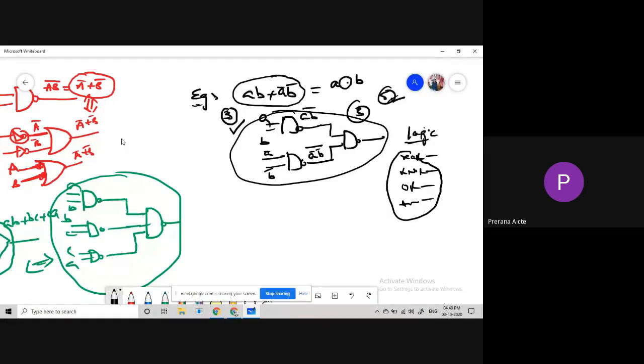If I am realizing the XOR gate, how many NAND gates are required? 5. Similarly for NOR: for XNOR, NOR gates are 4. For XOR, NAND gates are 4. And for XOR, NOR gates are 5. Is it okay? Yes, sir. Whenever the question is about a logic gate, we say 5 or 4. Otherwise, we implement the diagram based on the Boolean function only. Okay.